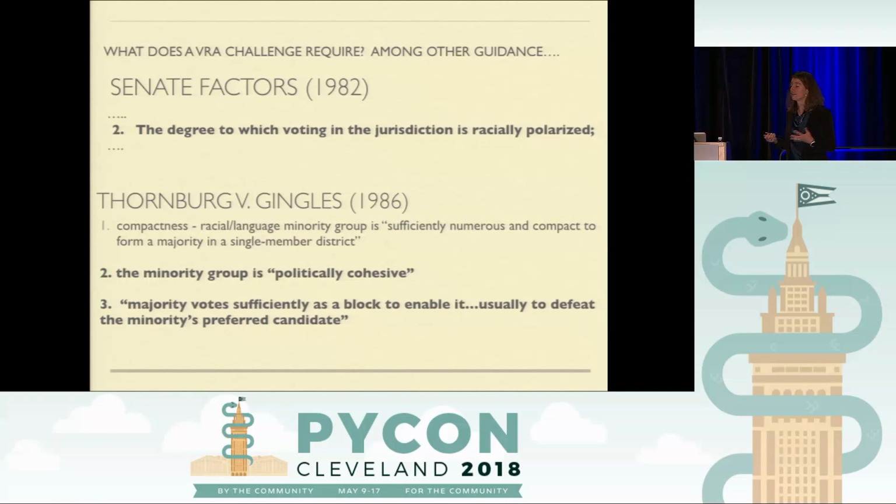We also have the Supreme Court case Thornburg v. Gingles, and we see 3 factors there. So first, the degree to which the minority group is sufficiently numerous and compact such that you could make a majority-minority district. And second and thirdly, that the minority group is politically cohesive and that the majority group votes sufficiently as a bloc to usually prevent the minority group from electing some candidate of choice. So again, to rephrase, we have another question of polarization that would be something you would need to prove in order to successfully bring a vote dilution case.